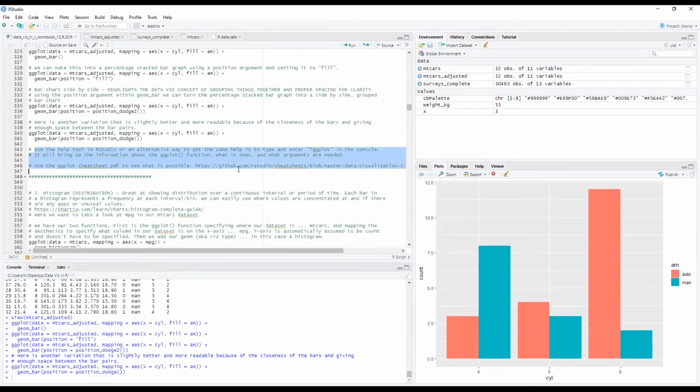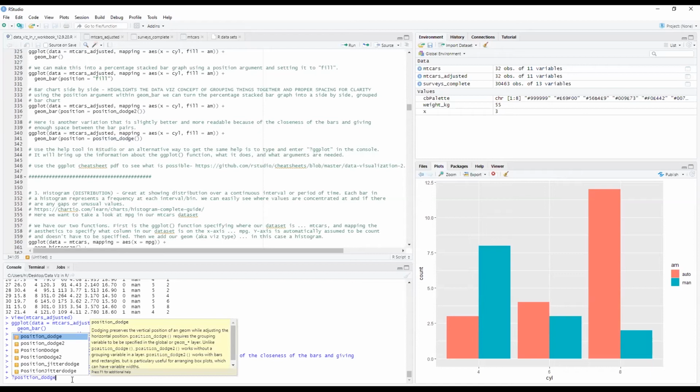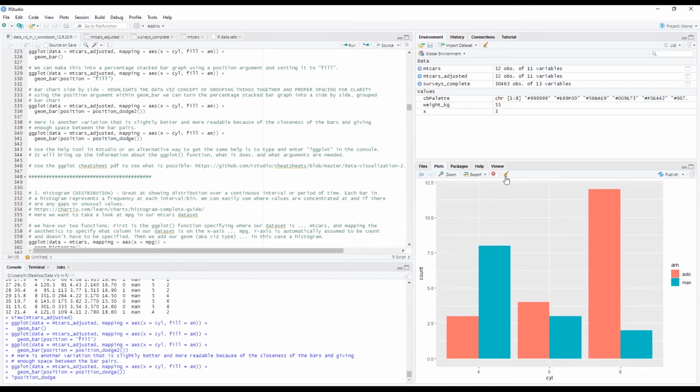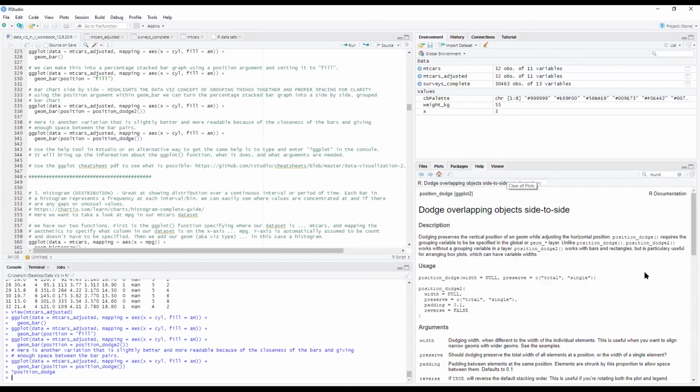I did mention this before. Once again, if you're not sure what position_dodge is or does, you might be able to put a question mark in the console and put position_dodge here, and it gives you some suggestions. And if I click this and enter it, it goes to the help here. So I can get a sense of what this position dodge thing does.